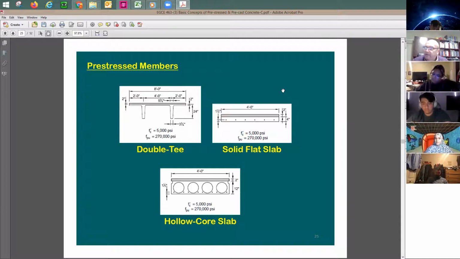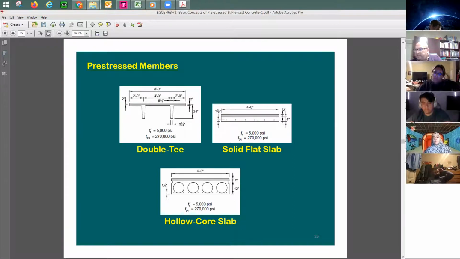Now, where do you find the standard size? If you open the PCI. Are you guys familiar with the PCI document? The book? Yes? No? It is one of the books that I put in the syllabus, and I put in the first